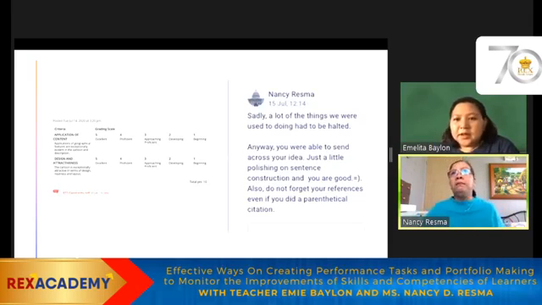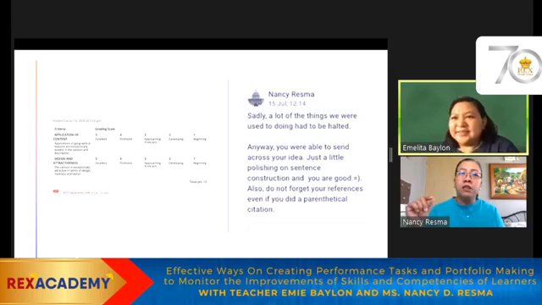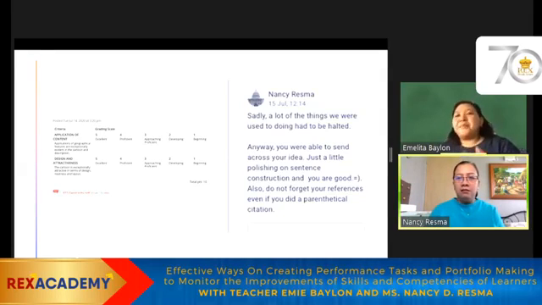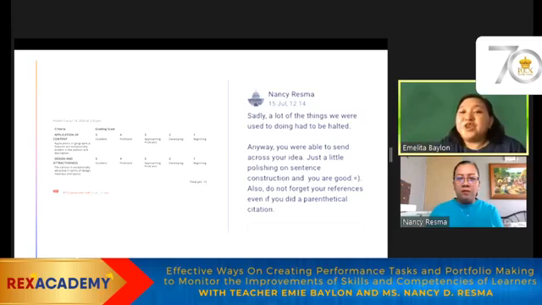So parang di ba meron naman tayong specific standards in the rubric. So we can use those to point out what makes this work not reach the standard. So like that. So mas madali. Tama po, tama si Miss Nancy. Kung napansin niyo po how tedious Miss Nancy would give a feedback, right? I agree with Miss Nancy. Minsan nakakapagod po talagang mag-type ng feedback, right? Lalong-lalo na kung ang dami niyong gustong sabihin.